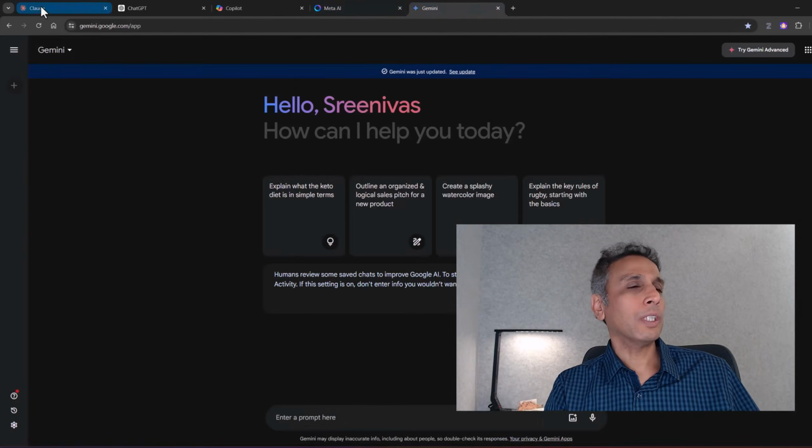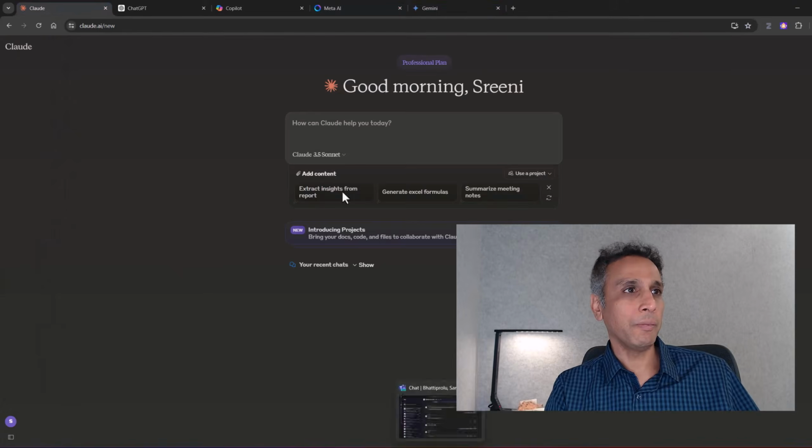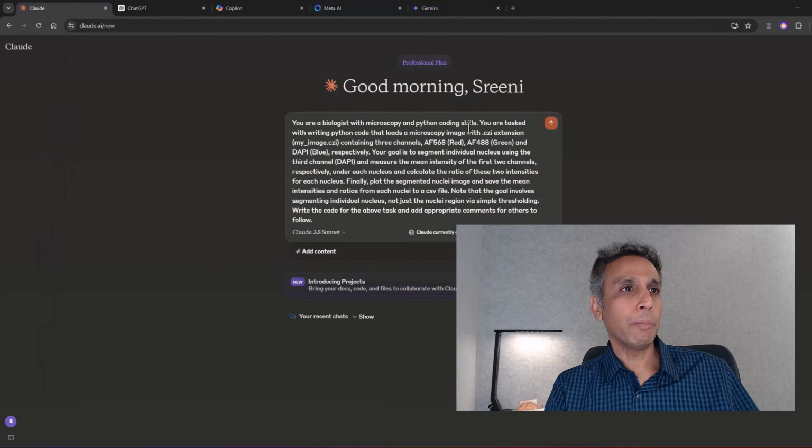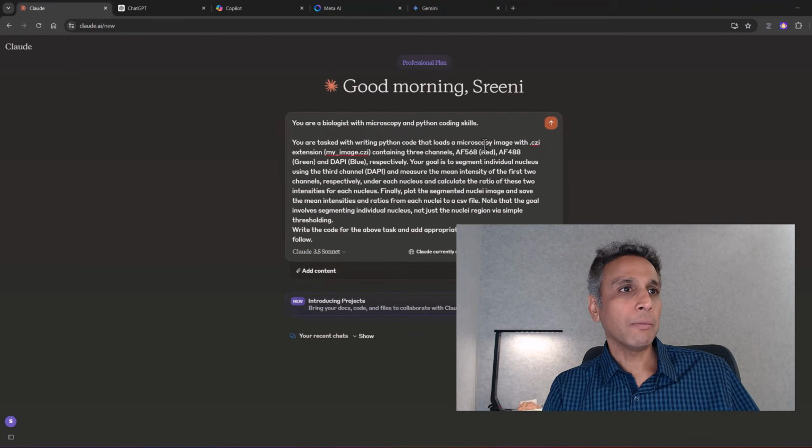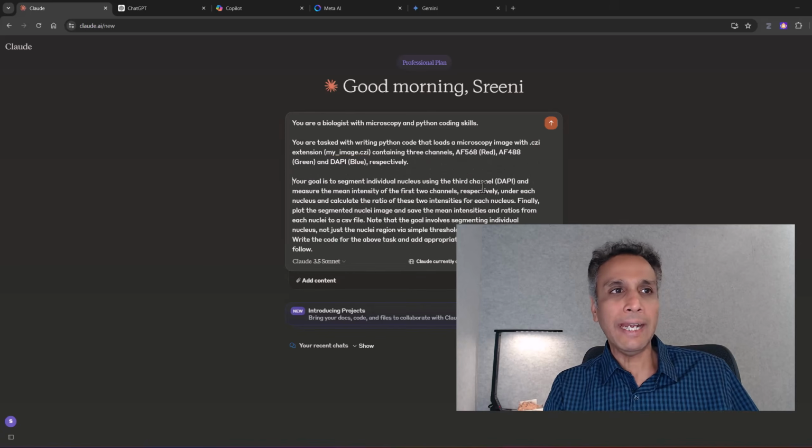So let's start with Claude, and let me define the problem here. You're a biologist with microscopy and Python coding skills. I'm telling the chat engine what it is. Now, you're tasked with writing Python code that loads a microscopy image, .czi image with 3 channels. We just saw the 3 channels. Your goal is to segment individual nuclei using the 3rd channel, which is the DAPI channel, right, the nuclei, and